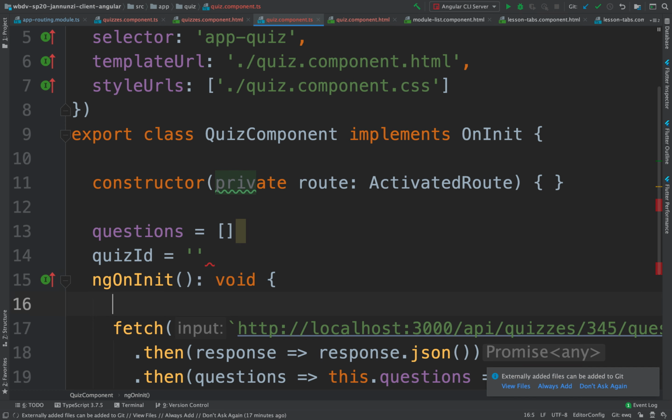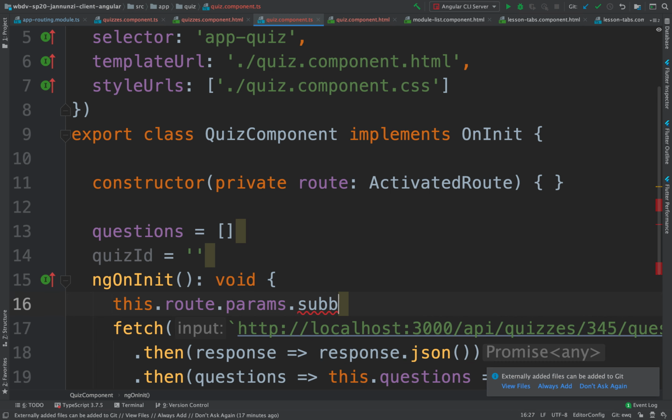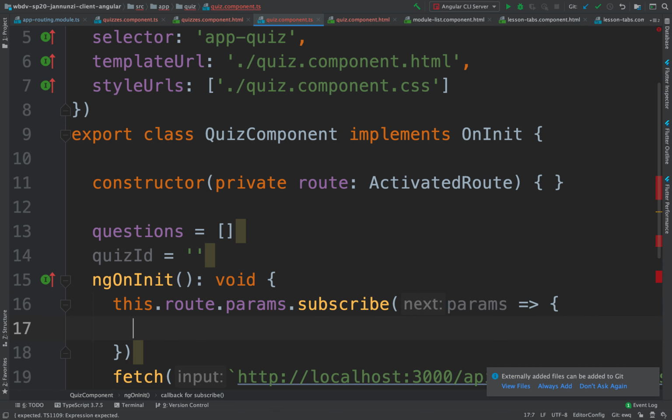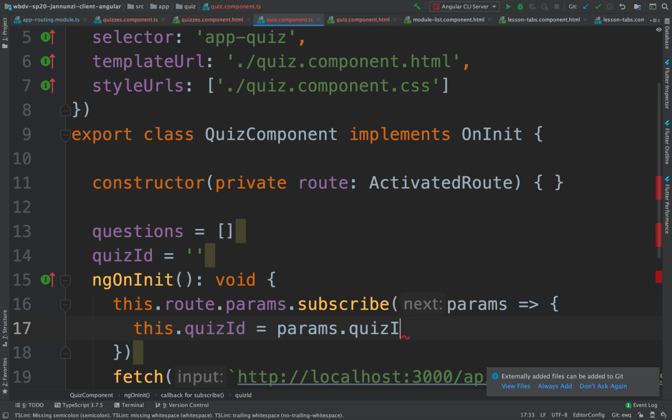And what we're going to do is that we're going to use the activated route so that we can listen for changes in the parameters. We're going to subscribe so that whenever there's a change in the parameters, we are going to be notified. We're going to copy into our local quiz variable. We're going to copy the params from the URL, and the way we